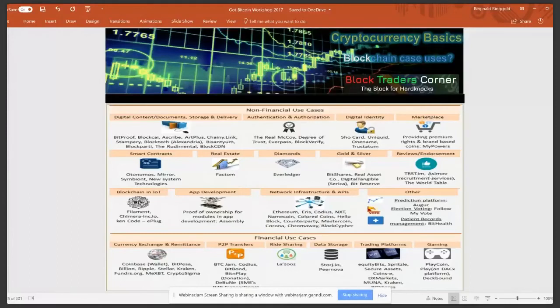Real estate, diamonds, gold, silver, reviews and endorsement. Blockchain's also showing in IoT, which is the Internet of Things. And the biggest thing is the financial use cases. I think the financial use cases are going to be very, very big because never have we seen in an industrial revolution an innovation that is going to affect and change the way that money is transferred, or money and